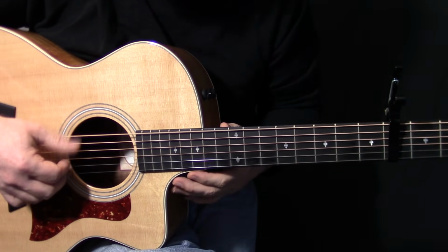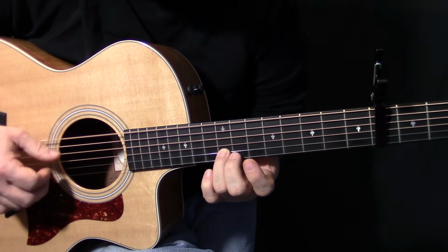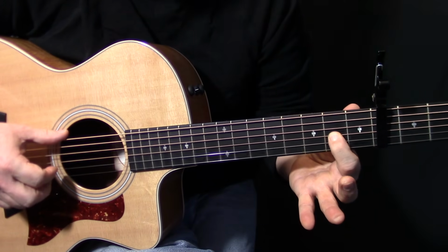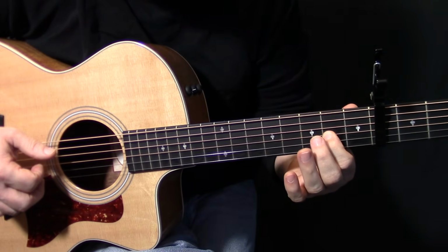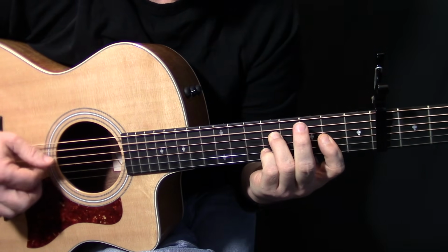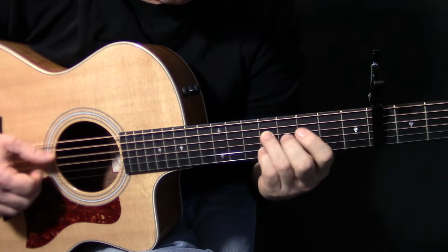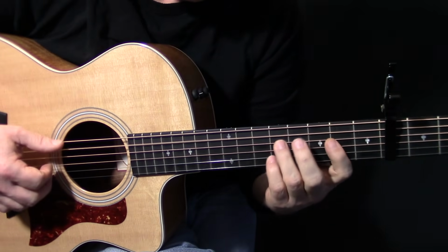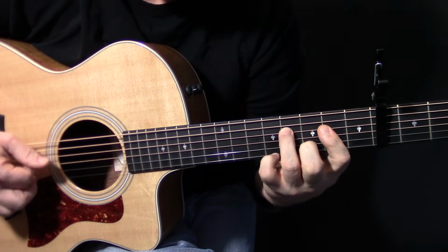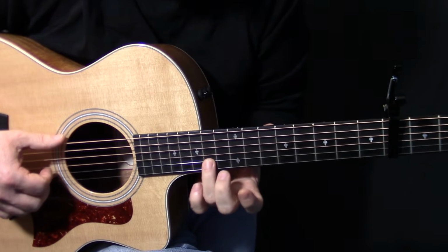And what I do is, you got your thumb doing that. I've got my middle finger playing these notes. Middle finger. And then I change to my first finger to hit that A note on G2. So that's your first part of it. So real slow. Coming out of this. See, normally coming out of that, doing that lick, right? But of course if we can't do that and get up there in time,